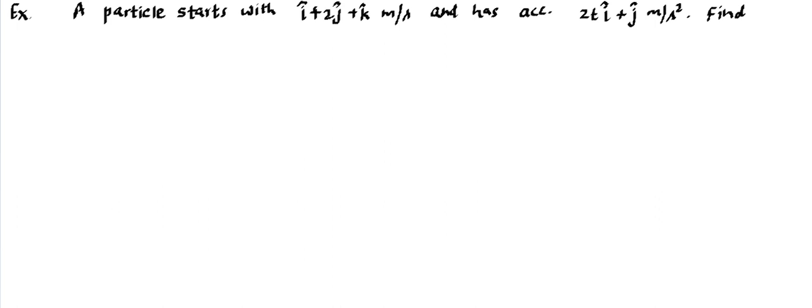So let's say there is an example. It says a particle starts with this. So this is the initial velocity of the particle and has acceleration this. So that's acceleration. Here it's a t for time, so it will be mentioned that t is a time in seconds. Now after looking at the acceleration, we need to decide whether it's a constant or variable. Just like in the previous example, if we had acceleration, let's say this j cap plus k cap, by looking at this we will be able to decide this is a constant because the magnitude is going to be constant, its direction is constant, no variable is involved. So that's going to be constant.